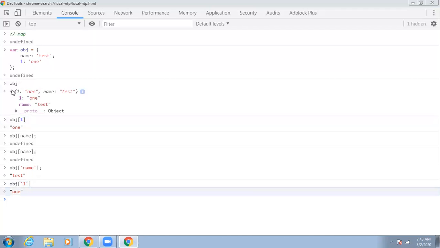So got it, right? So far we have seen numbers and strings as keys. An object can also be a key. Let us see that.